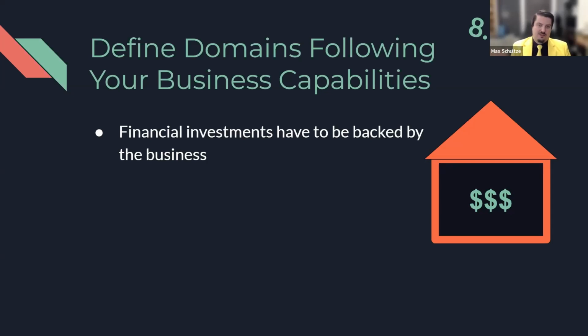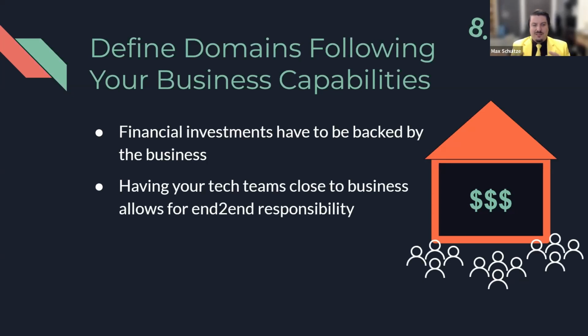You want the teams working on these parts, be they on the tech side or on the business side, to work together on the use cases that they want to solve. Because ultimately, having your tech teams close to the business allows for end-to-end responsibility. This is a very, very crucial point that I really want to emphasize. Bringing the tech teams and the business teams together allows you to take care of challenges end-to-end. And this is what it really means to take on